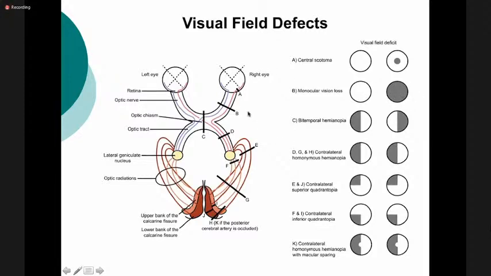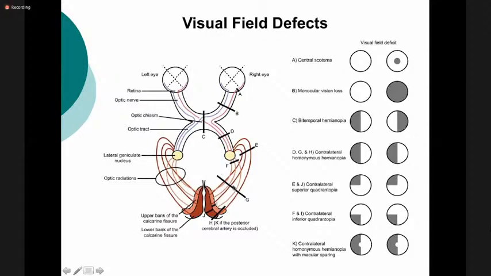be blind. If, however, there's a lesion at the level of the optic chiasma, and there are many tumors that can present in this area, that means the nasal fibers are involved, and the nasal fibers are the ones that are responsible for the temporal visual field. So you'll have loss of the temporal visual fields in both eyes, and we call that bitemporal hemianopia. If at the level of the optic